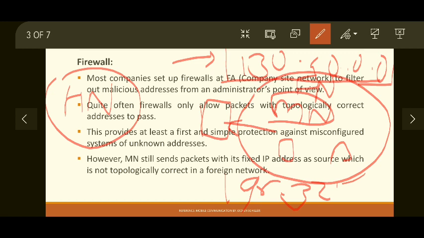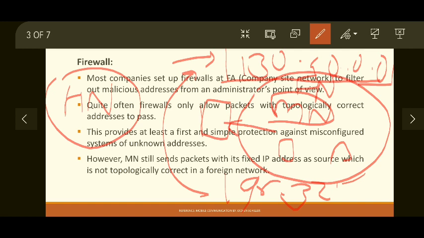As the firewall is not considering mobile nodes part of a foreign network, this problem is always observed in foreign site networks. However, the MN still sends packets with its fixed address as a source, which is not topologically correct in a foreign network. That's why it is said to be not topologically correct, because this address does not belong to this subnet.